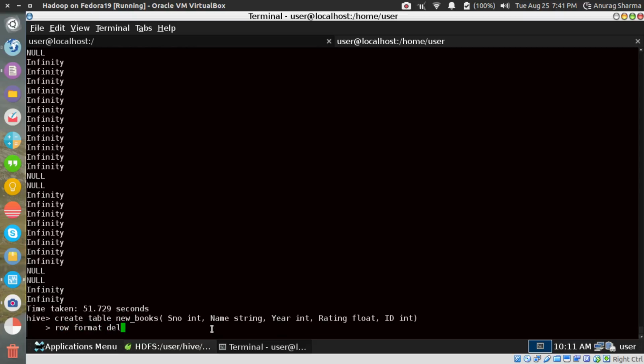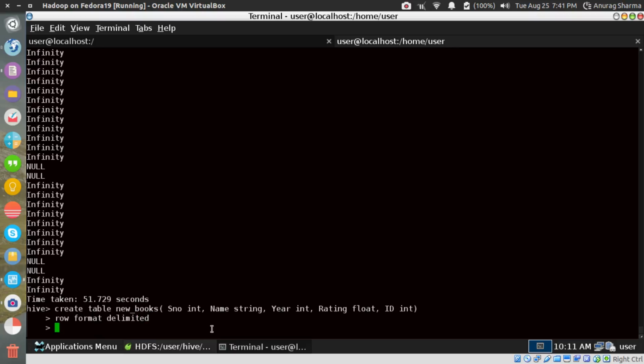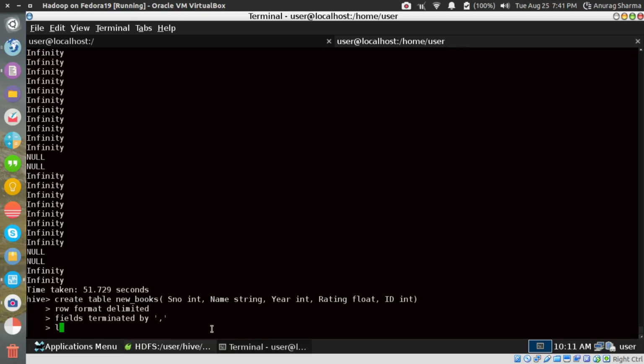Row format delimited. What is the syntax? Rows terminated by. Okay, so fields terminated by comma and lines terminated by new line.